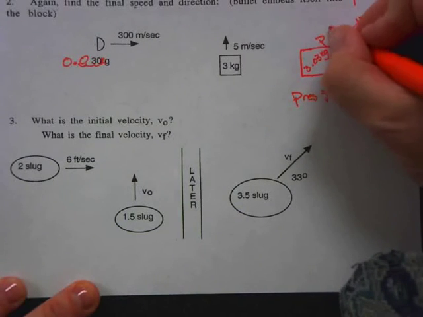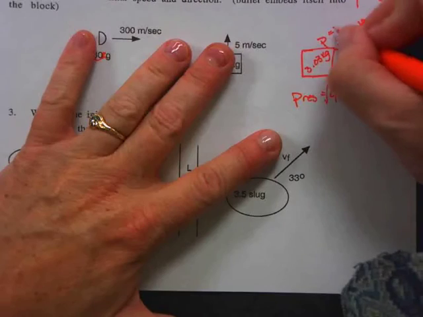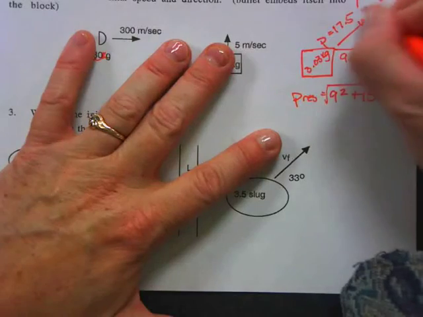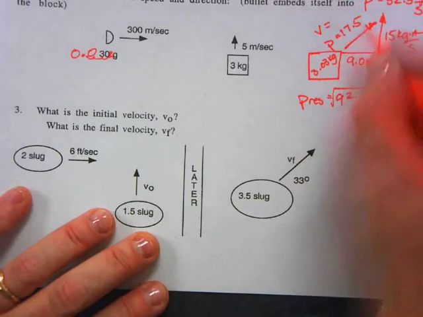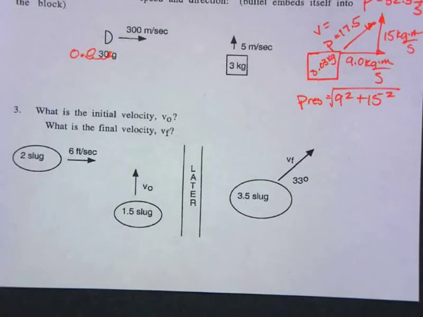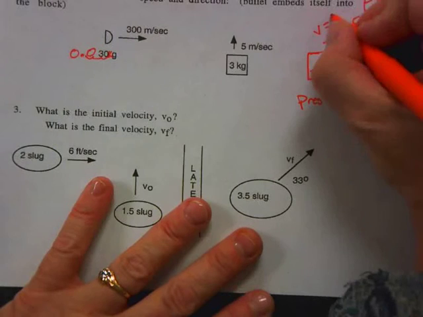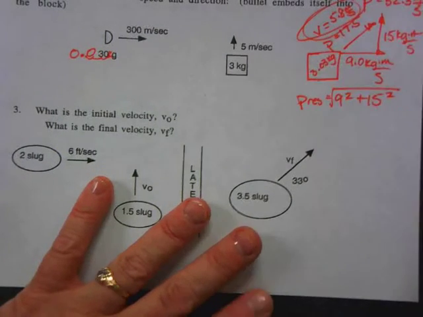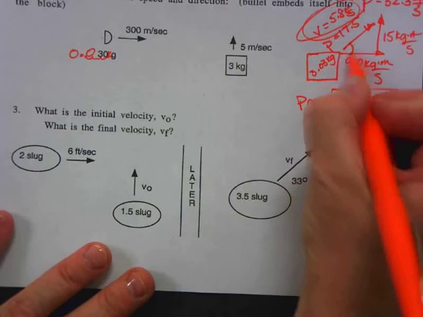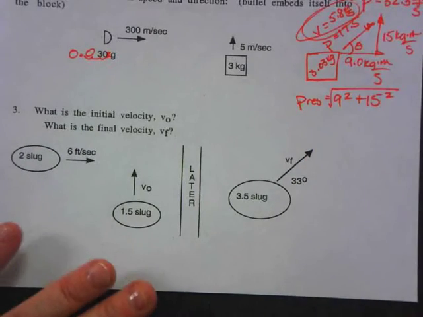And we get a resultant momentum of about 17.5. So the velocity is going to be 17.5 divided by 3.03, dividing out the mass, and I get about 5.8. And then the direction,